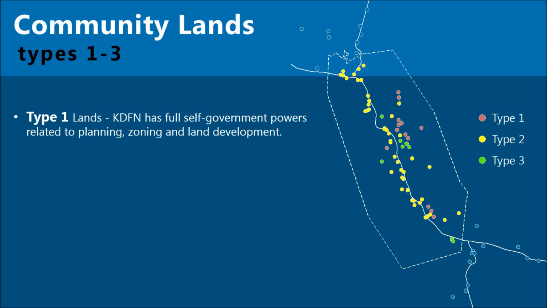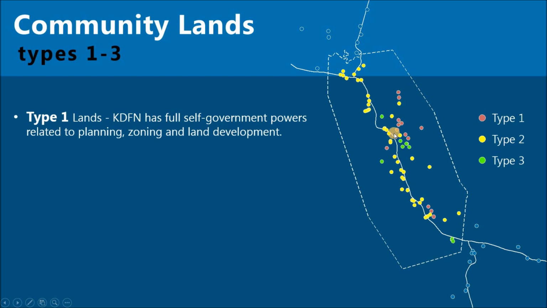So in effect, Kwalendon can do what it wants with those type 1 parcels. It's not subject to the official community plan of the city of Whitehorse. So there are 15 type 1 parcels, and on this image here on the right side of the screen, those